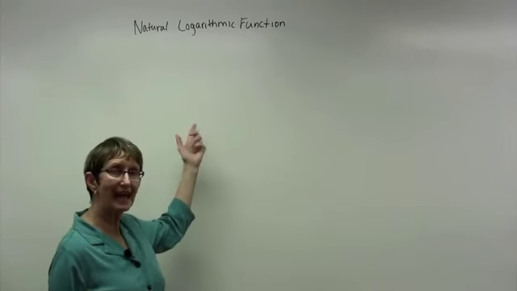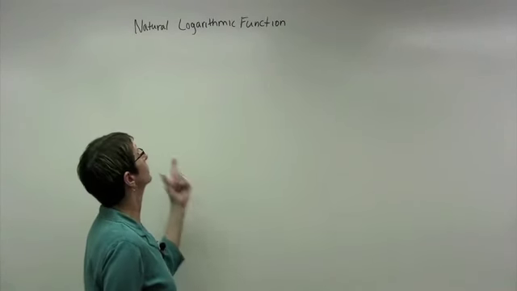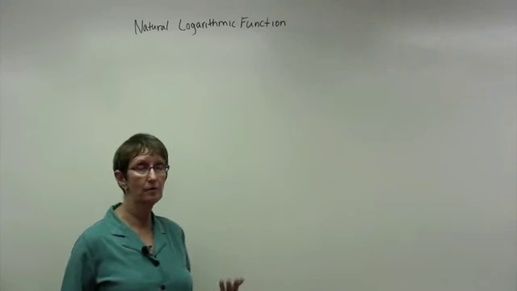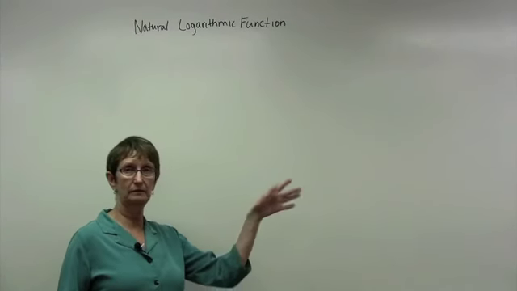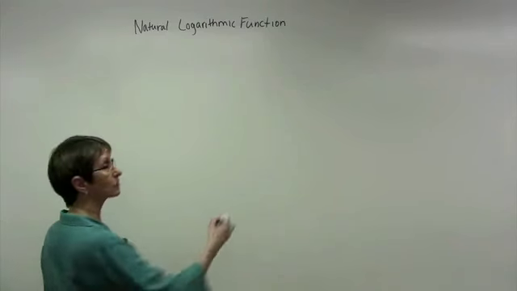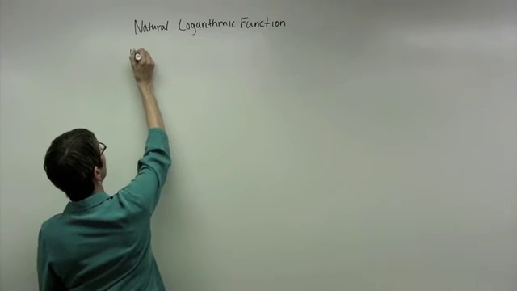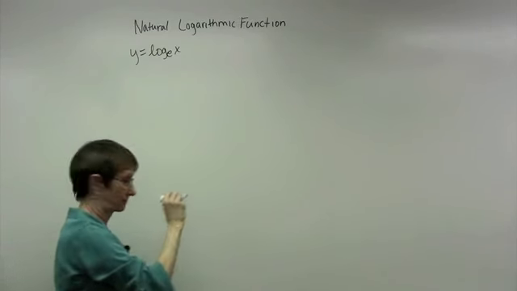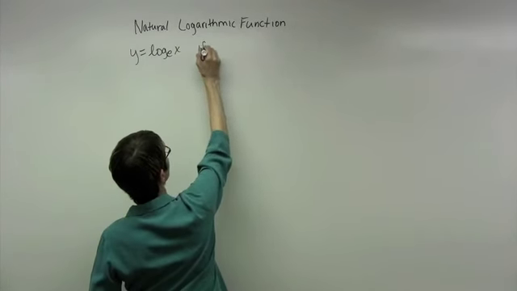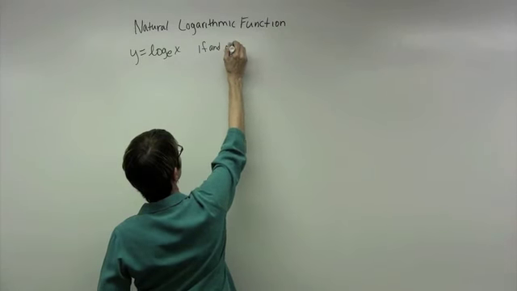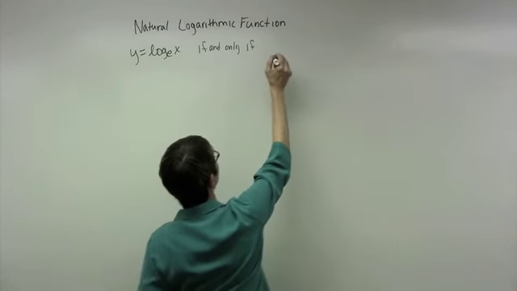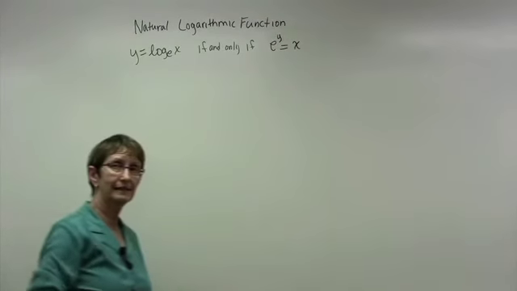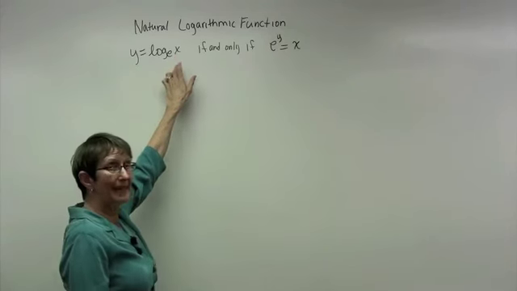We're going to take a look at the natural logarithmic function now, which is very closely related to the natural exponential function. They're both base e. Remember, e is about 2.71828 and so on. So we define the natural logarithmic function, y equals log base e of x, if and only if e to the y is equal to x. So they are both base e,